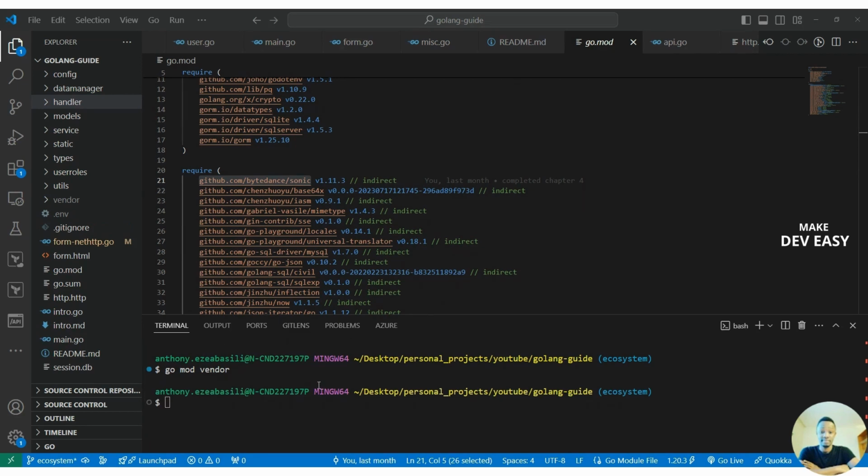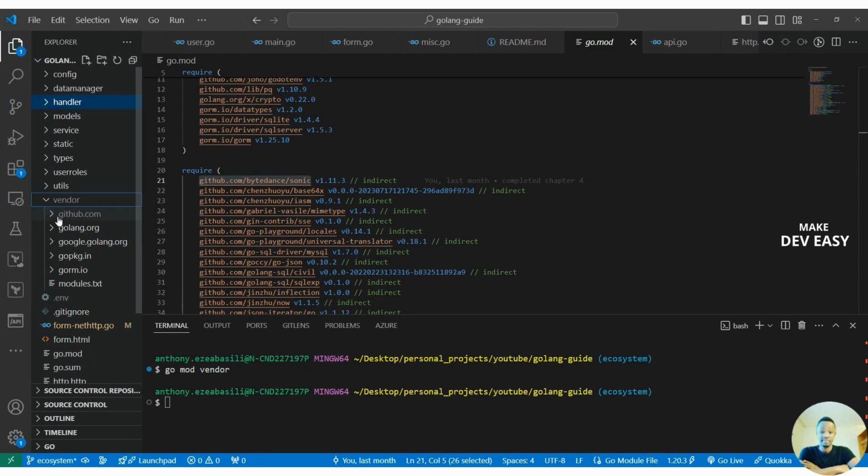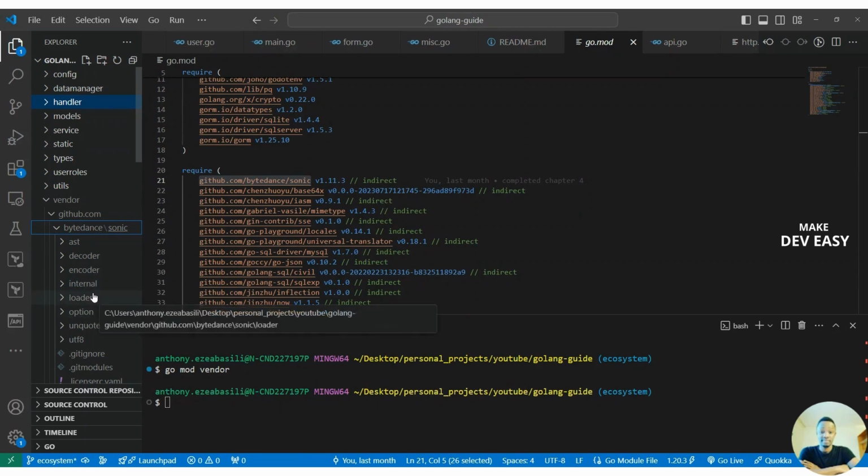So the command, of course, is finally done. And now, like I told you, if you look over here in the root of our project, you have this folder called vendor. And then if I look into it, I would see all of these hosts more or less. So for example, we have over here ByteDance. If we looked into, let's say, GitHub, and then under GitHub, you can see over here we have Binance, and then here we'll see